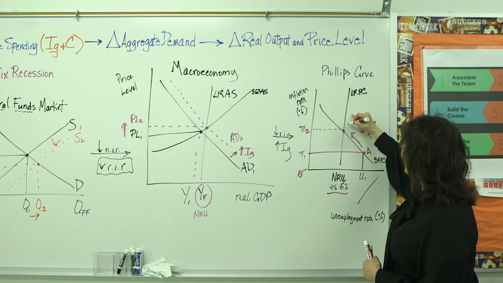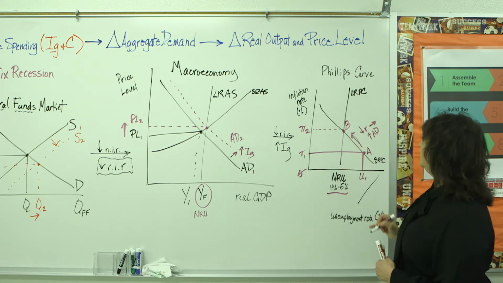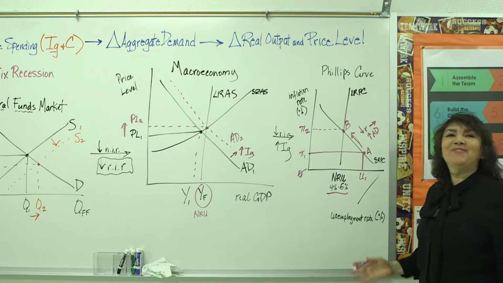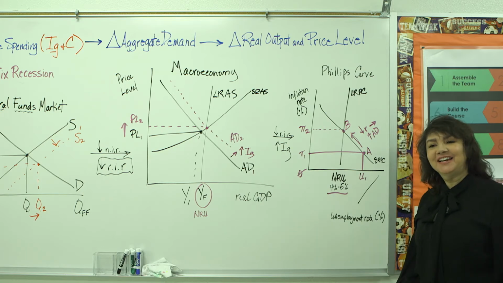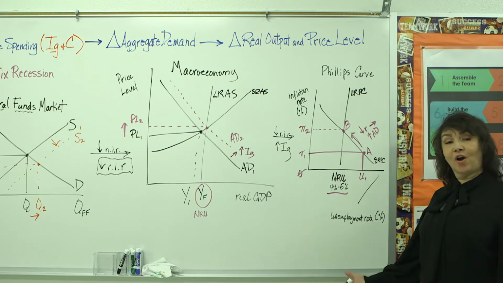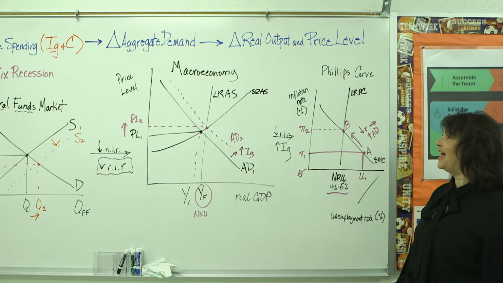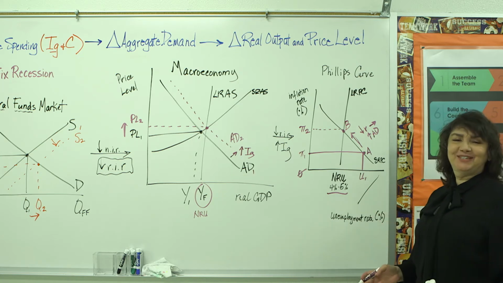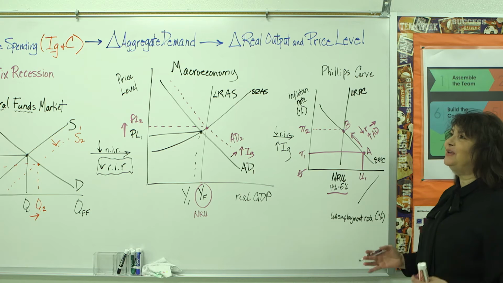So if this is point A, this is going to be point B. And that's how the Federal Reserve fixes a recession. How great is that? It works. Okay? We love that. Now what I have to do, though, is I have to show you